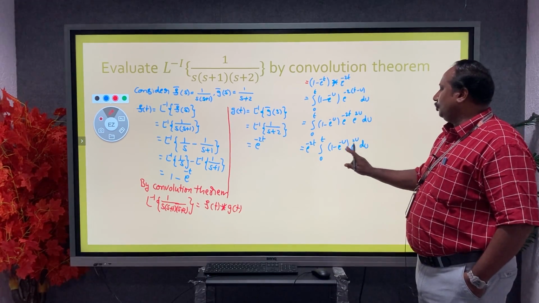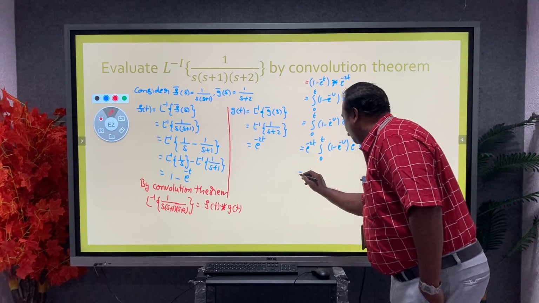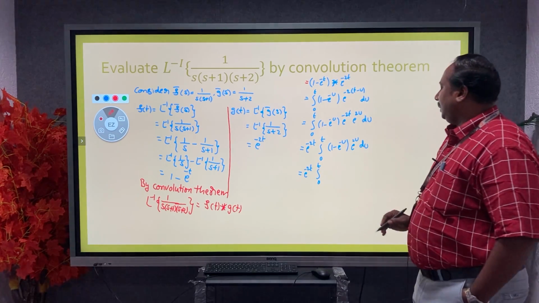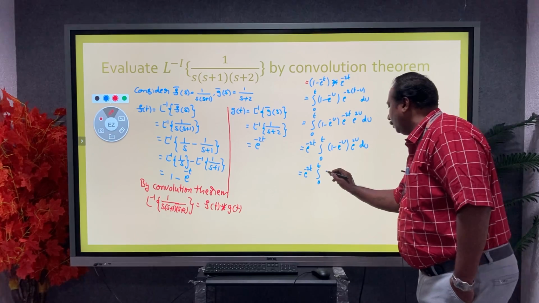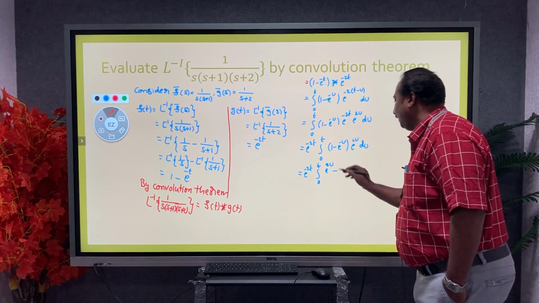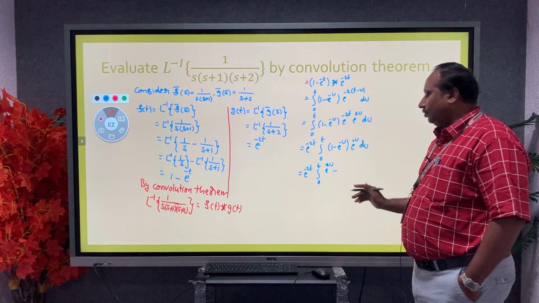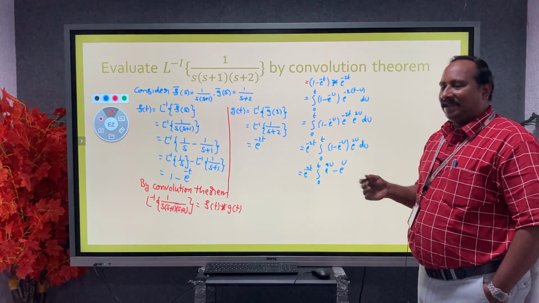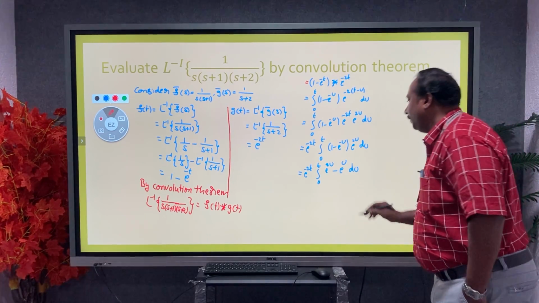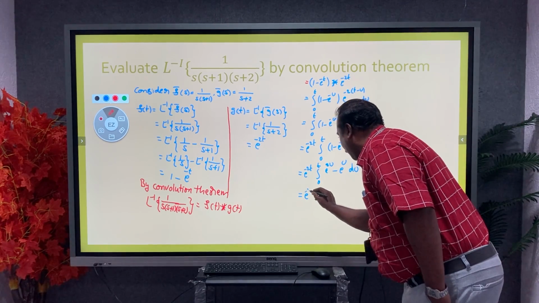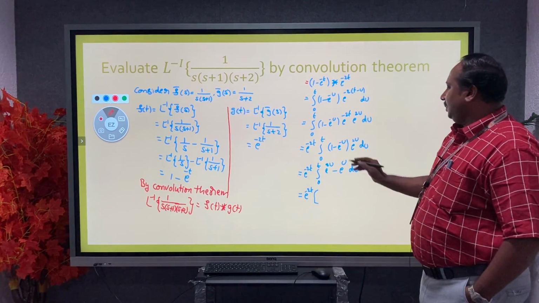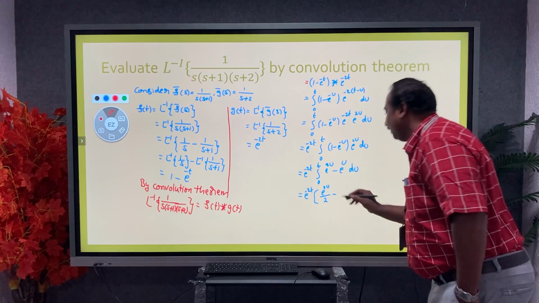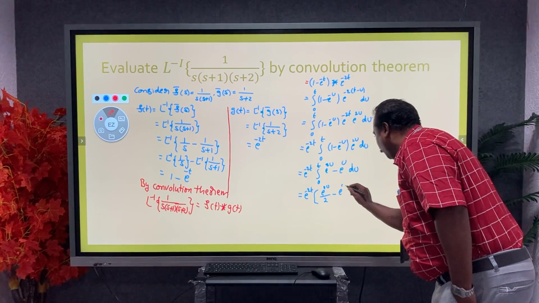Okay. Now multiply with e power 2u to this bracket. Then we get e power minus 2t integral 0 to t. When we multiply with e power 2u to the bracket, 1 into e power 2u, again e power 2u, minus e power minus u into e power 2u, nothing but e power plus u by the formula a power m into a power n, a power m plus n, right, du. So e power minus 2t into integration integral e power 2u, e power 2u by 2, minus integral e power u, e power u. Okay.